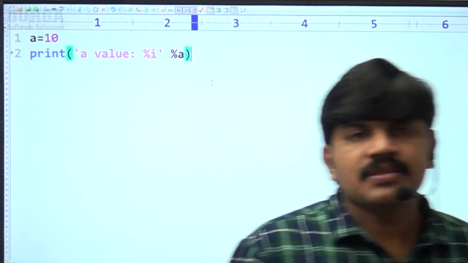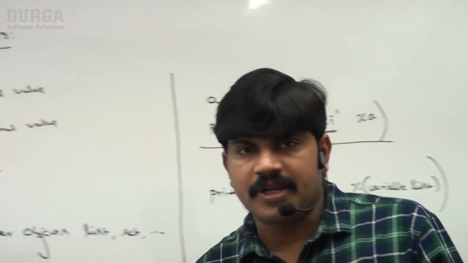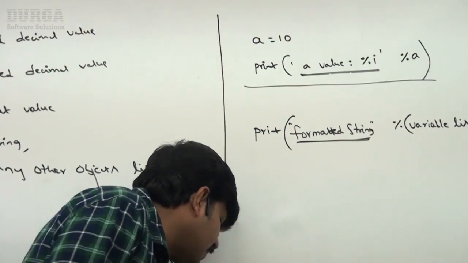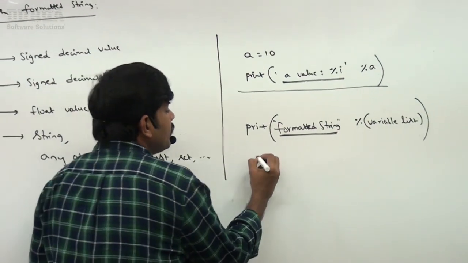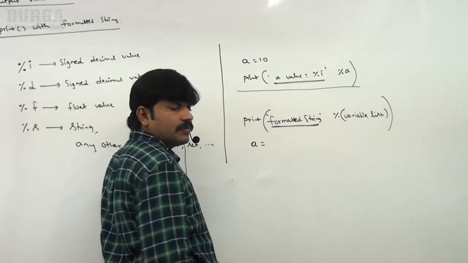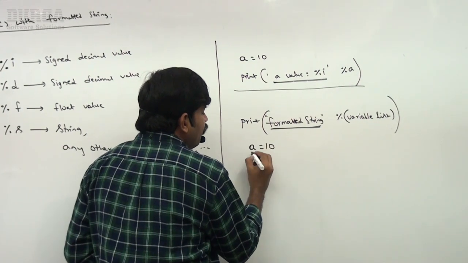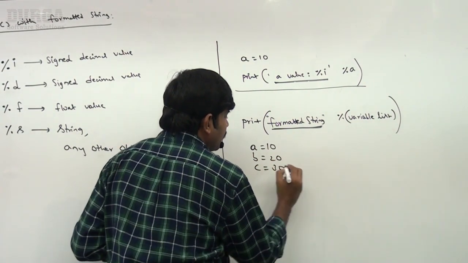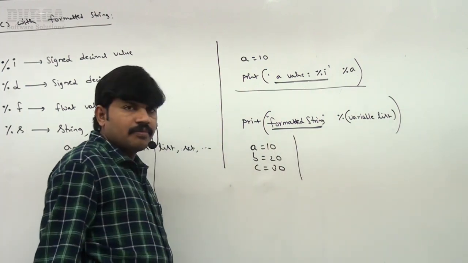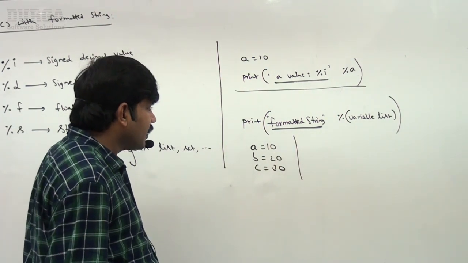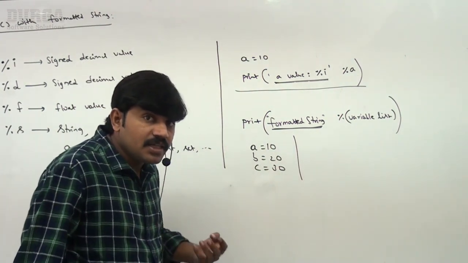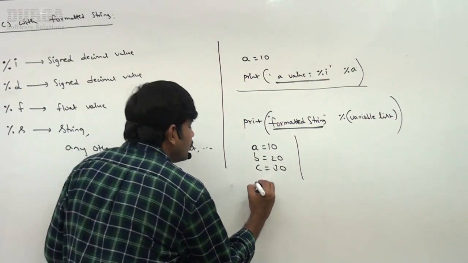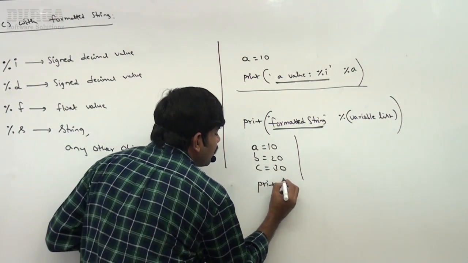That's all. Now the next terminology, let me go for one more example. Here A is equal to 10, B is equal to 20, C is equal to 30. I want to print A value, B value, C value. Then print of